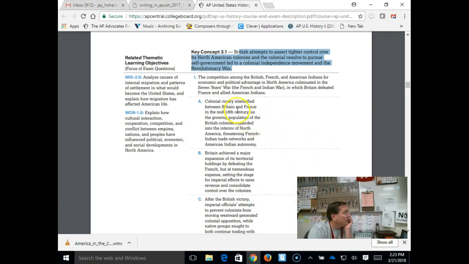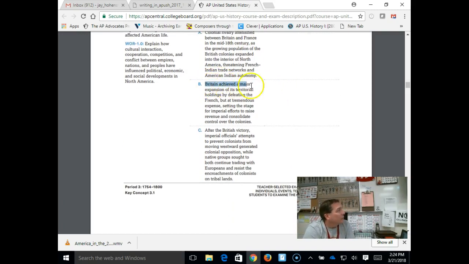So notice what you have going on here. You've got battles going on between the British and the French. And the British have these growing colonies that are expanding through the East Coast up to the Appalachian Mountains, and some people are going past the Appalachian Mountains, and they're butting up against French territory or the territory that is being inhabited by Native Americans who are friendly with the French. The term that you want to notice right here is middle ground. It was a small little part of your textbook, only about a paragraph, but it talked about how Native Americans occupied a space in that trans-Mississippi area along the Appalachian Mountains where they would play the French and the British and the Spanish against one another, and that's what they're alluding to right here.